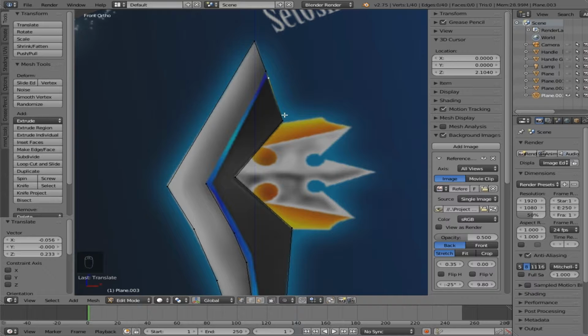So Loop Cut and Slide basically adds a slice in between two vertices in an edge. So it cuts an edge into two edges, if that makes any sense. You can also use it in faces, and what it'll do is it will cut the face in half. So if you have say like a square plane and you add Loop Cut and Slide, it will cut the plane in half. Alright, so now that we have this, let's join the pieces together